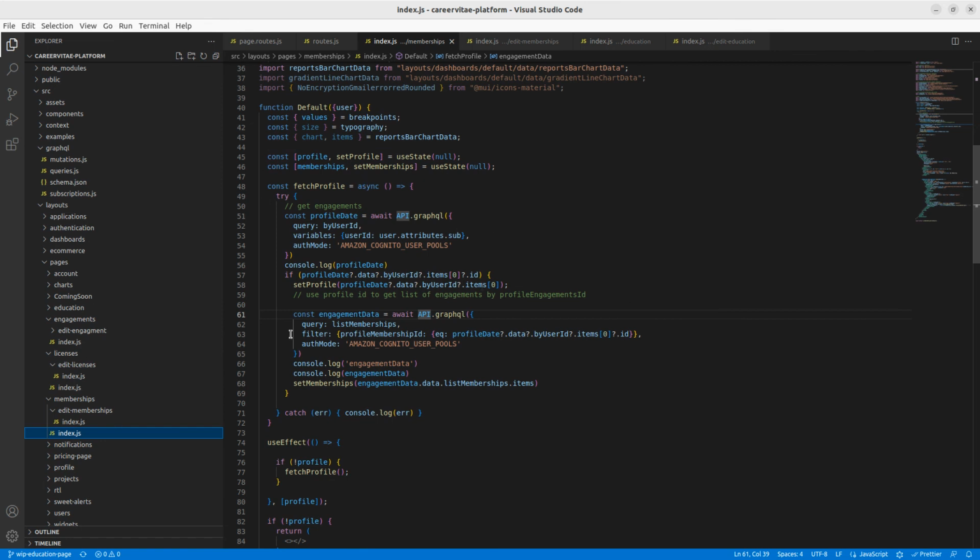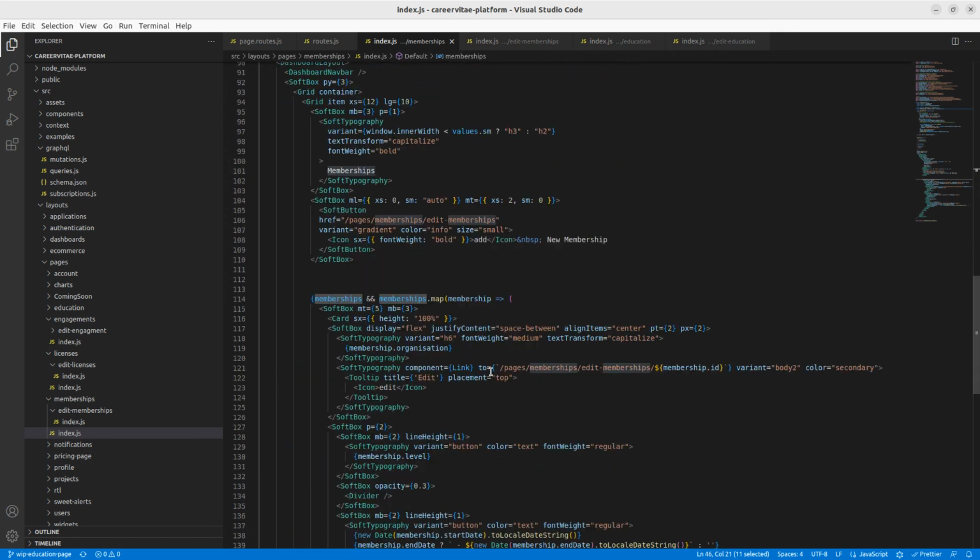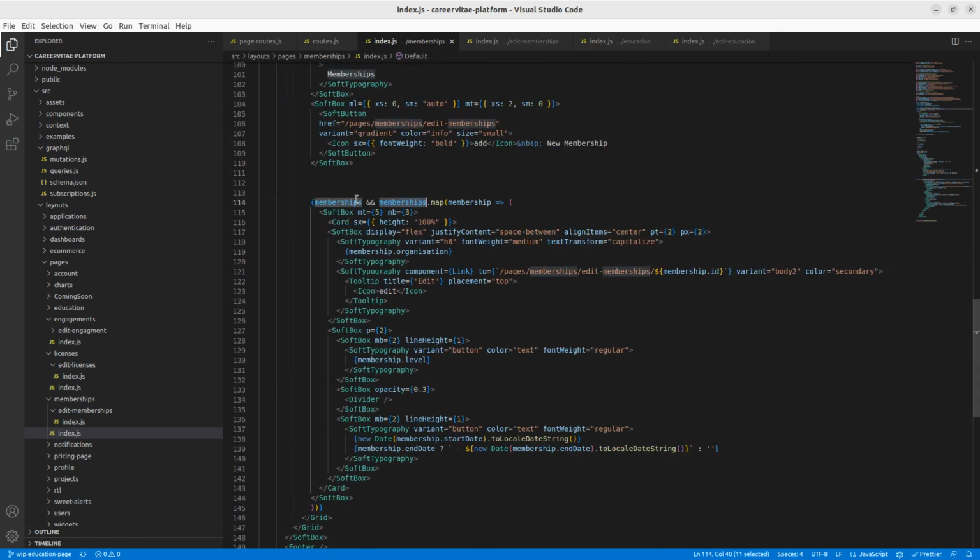It just says if not profile, get the profile. So it pulls down the actual profile, and then once it's got the profile, it gets the engagement data, it's called that, but it should be membership data. It's a variable name. And it just goes to the GraphQL and pulls the list of memberships, and then sets that to the state of memberships, and then in the JSX, it loops through memberships.map and just displays it there. So it's got a little edit button, and there's the level, end date, and if you look at that